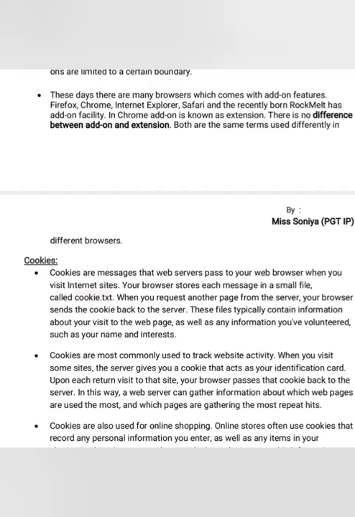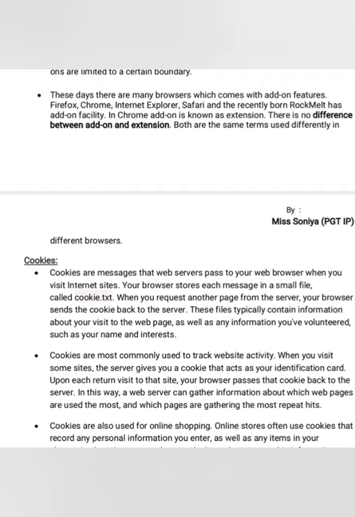Other websites have access to those cookies, and they get to know that similar content exists on their website, and they start sending their messages to that particular IP address, meaning your system. So that's why you are getting several ads related to that search. It is all done because of the sharing of cookies between several websites.